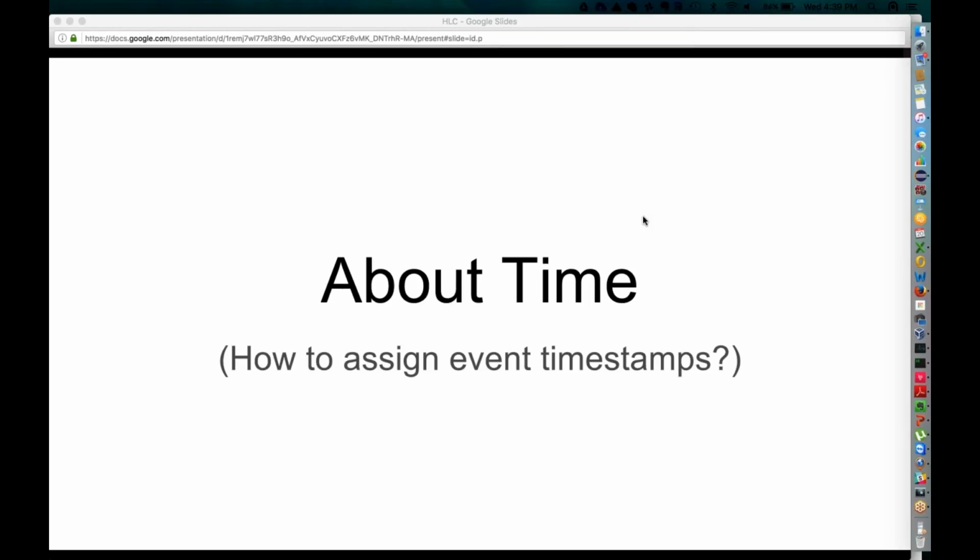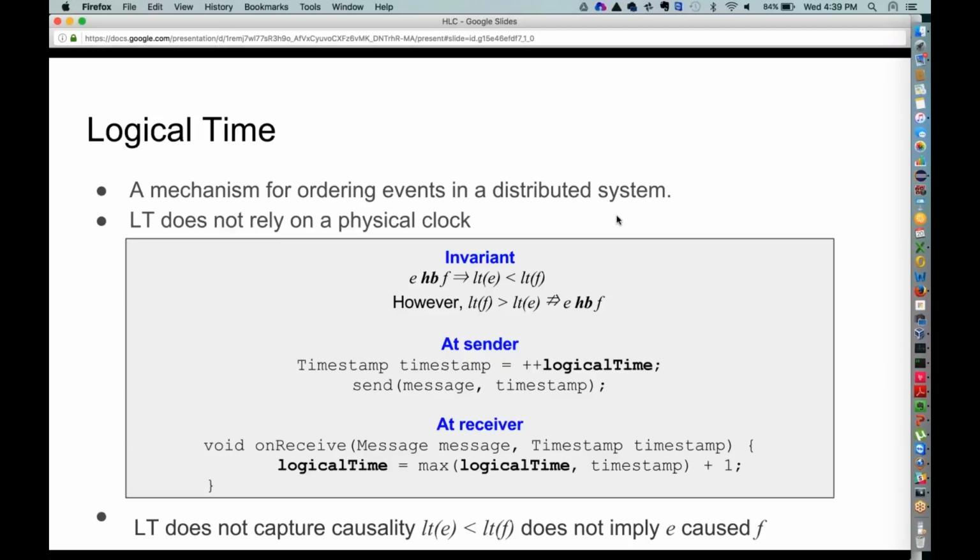So just a brief background on some things. These are well known in the context of distributed systems, or even in general when you're trying to order various events. So I just wanted to provide a brief background of some concepts of timing in distributed systems, and that is where logical time comes in. People might also know this as Lamport time. It is based on a paper that was written in the 1970s, one of the seminal papers in distributed systems.